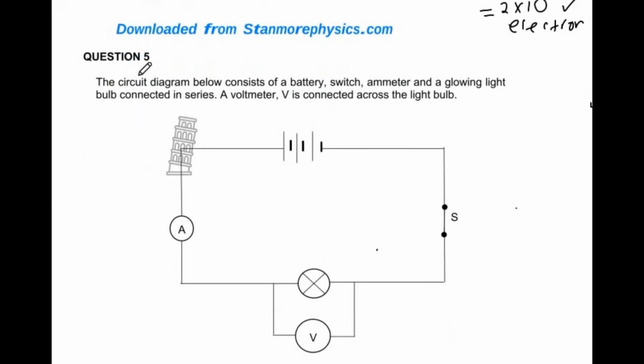Let's go to question 5. The circuit diagram below consists of a battery, a switch, an ammeter, and a glowing light bulb, all connected in series. A voltmeter V is connected across the light bulb. So one thing that you need to know,